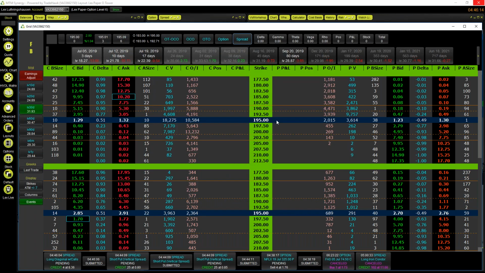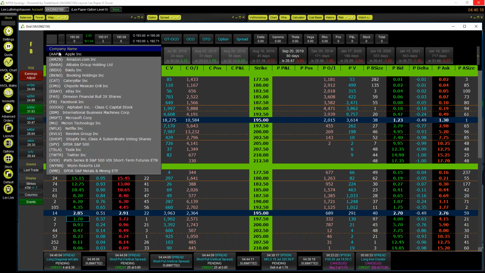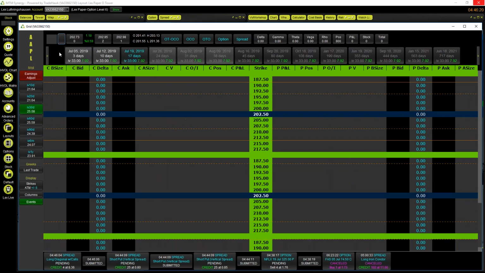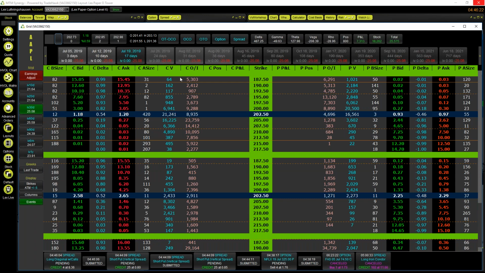You can close it, whatever you need to do. Okay. In this grid, you can customize the colors, the sizes, the columns. You can take things out, mush things down. It's just terrific. So you do that in the columns. I won't go through all that, but know that you can. This is completely customizable. The other great feature of this tool is you can compare implied volatility studies to